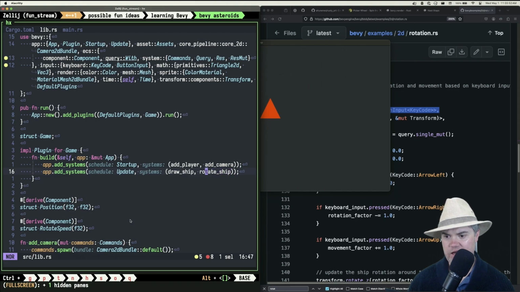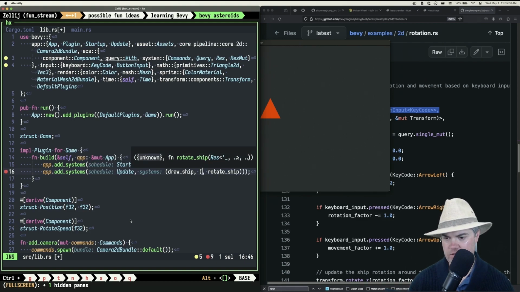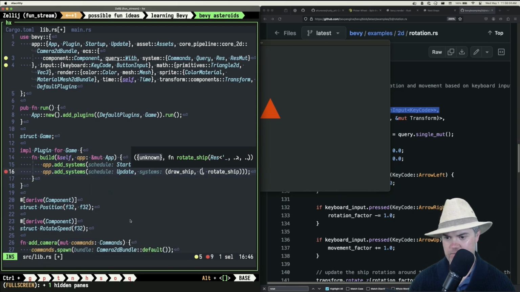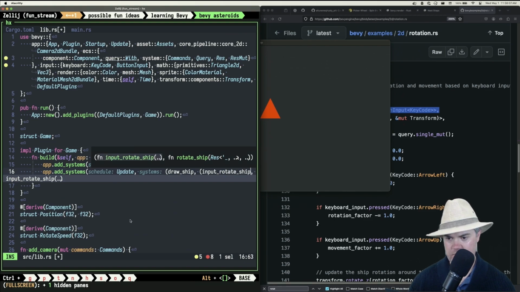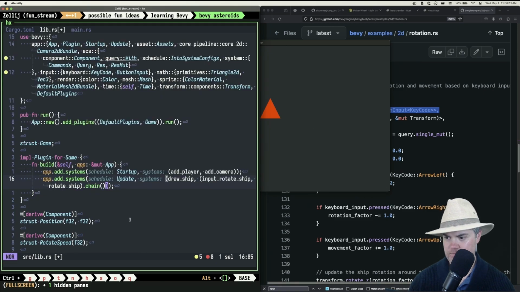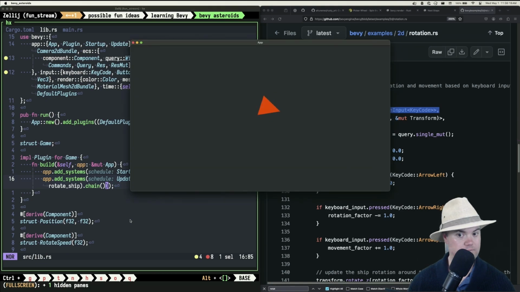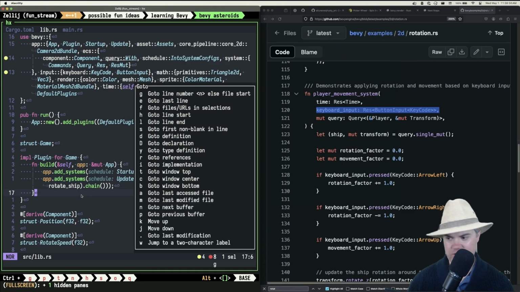Now I have rotate ship. I kind of want to do this at the same time. So we're going to do the input rotate ship. And we're going to chain this. Okay, I think that went the opposite way than I expected it to. And it doesn't set this to be anything else. Okay, so hold on. What if I